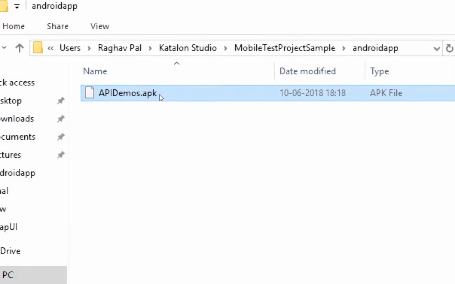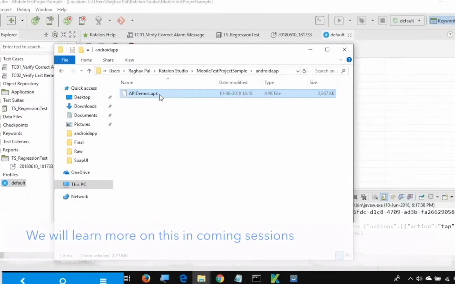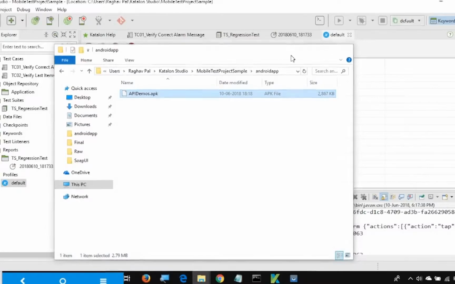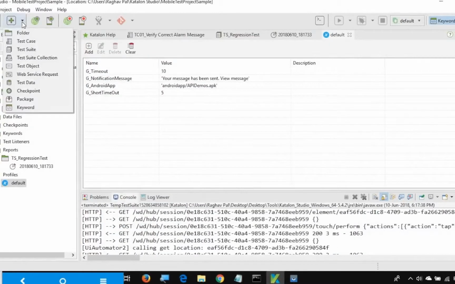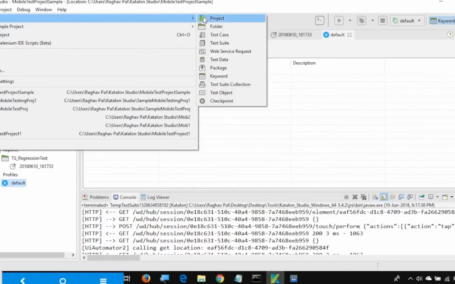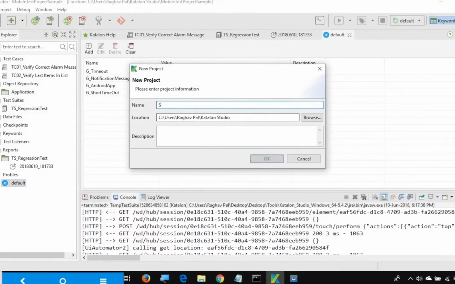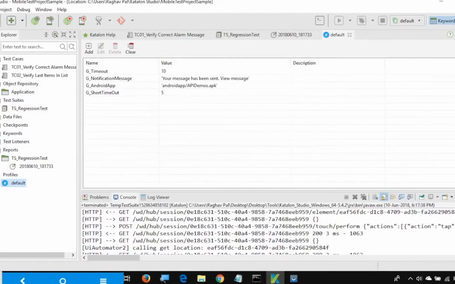And we will learn about what is an APK file and how exactly you can use it. So in mobile testing, whenever you want to test a native mobile application, you have to get an APK file and that you have to give to APM. So we can also check this by creating a new project. So let me just create a new project now and name it sample mobile test 2. Say OK,